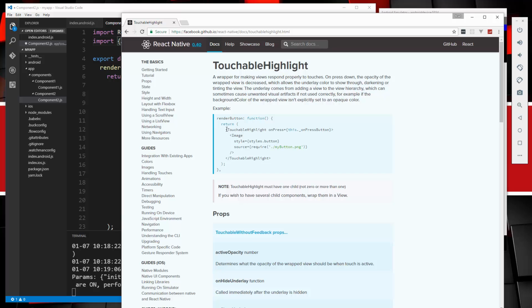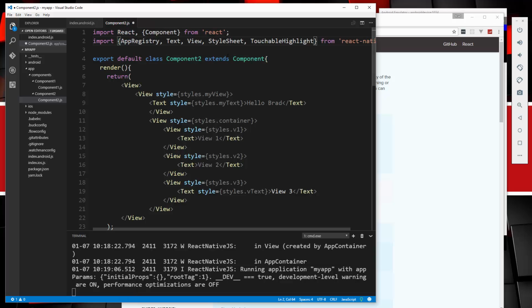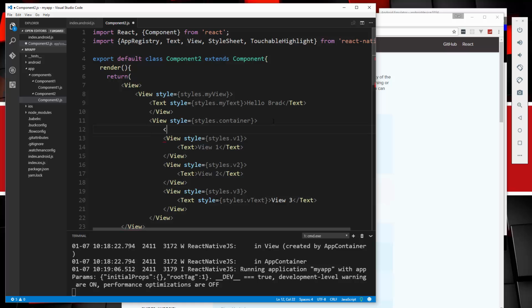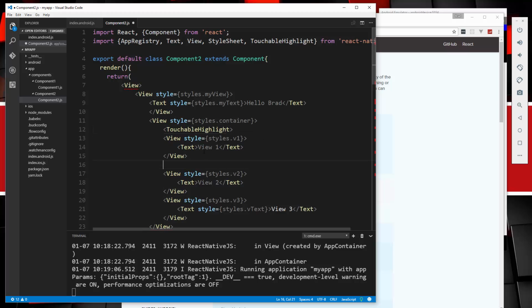But if we click on this, you'll see that we can include it and we can add an event on press. In this case, it's going to call the function underscore on press button. Alright, so let's go ahead and wrap the first view here, V1. So we'll say touchable highlight and end it here. Okay, and let's add on press. And we're going to set that to this dot,